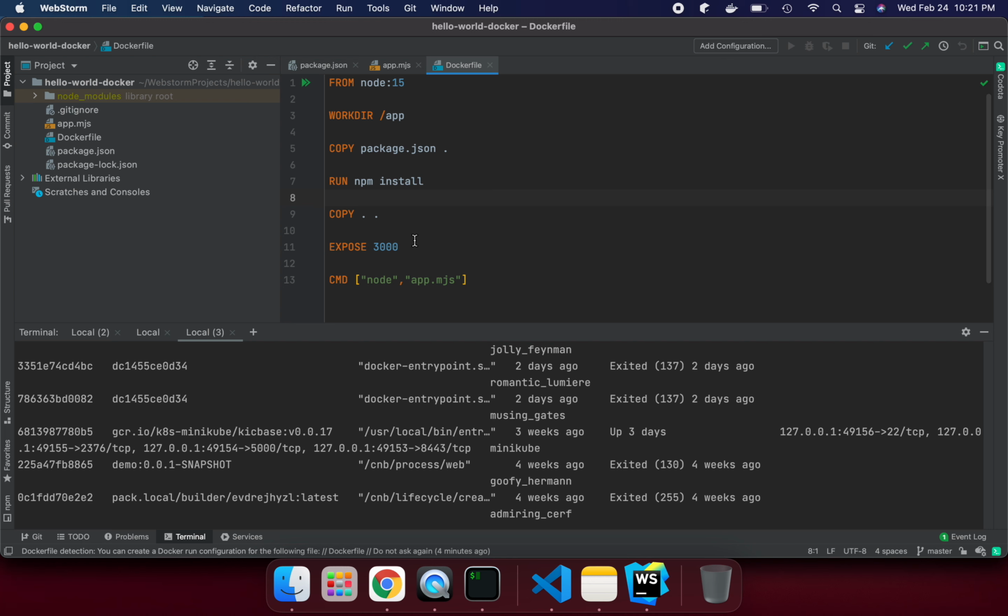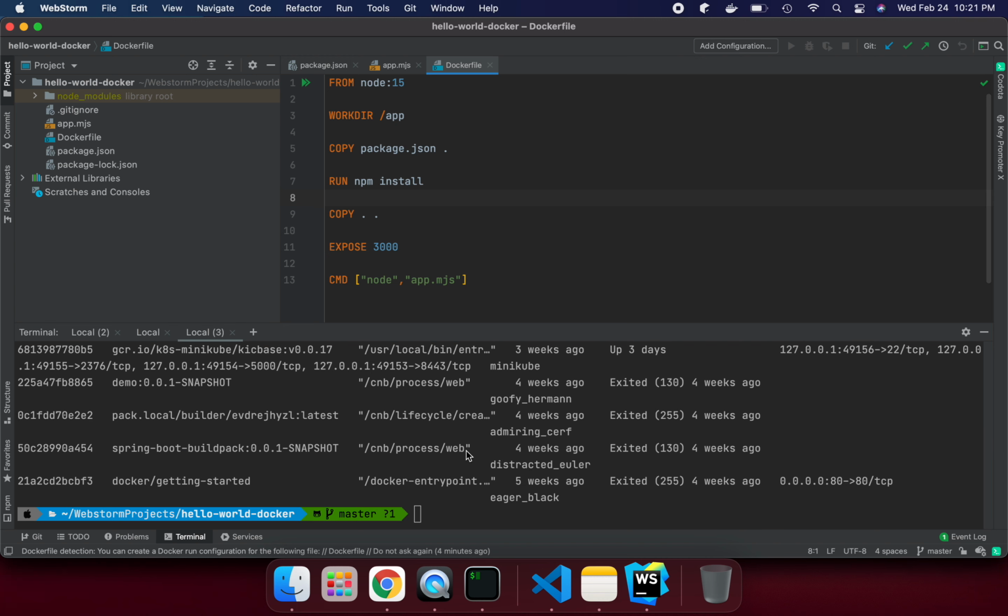So basically we need an image. If you want to create a container, we always have to look for an image. Yesterday I created this image. You can create your own image or you can find a public image that is available. For example, if I want to run this Node.js environment setup, I go with the official Node image, and I don't need to create the build image for it.